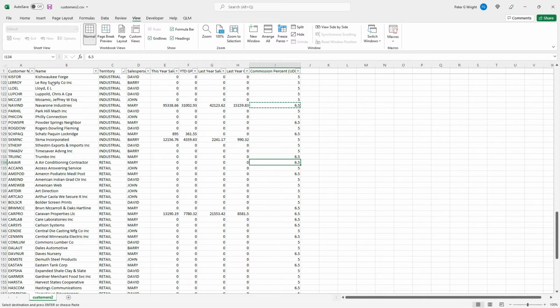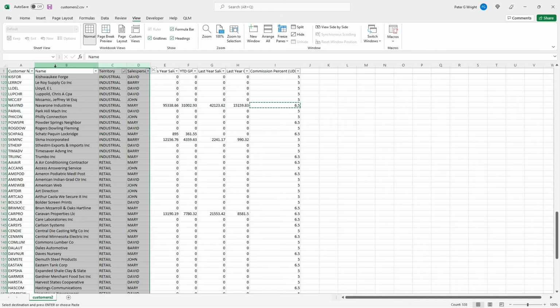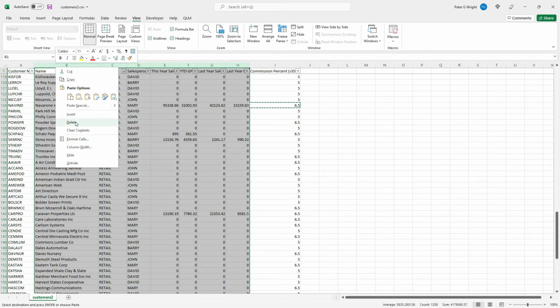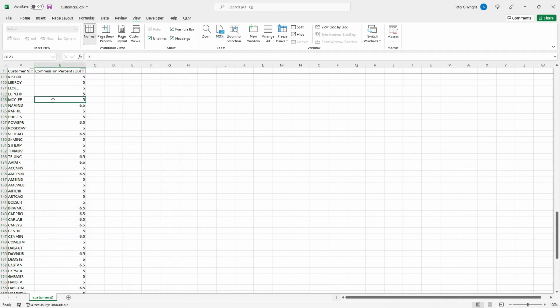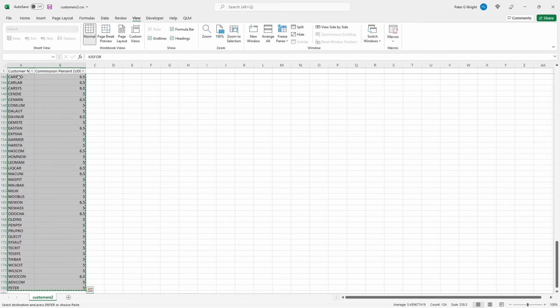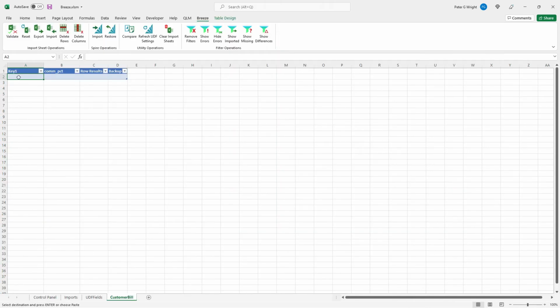So in order to import, we need to have the customer number. Of course, the import needs to know who it's assigning it to. I'm going to just delete these columns. They were there just for the purposes of making a determination about percentage. So I'm going to copy these values. And I'm going to paste them into